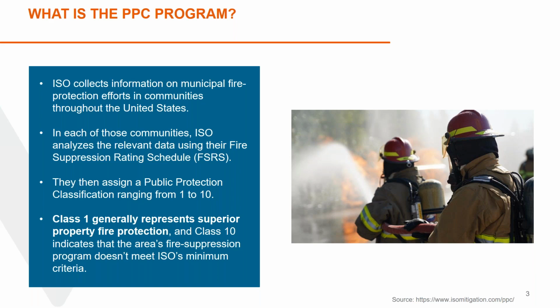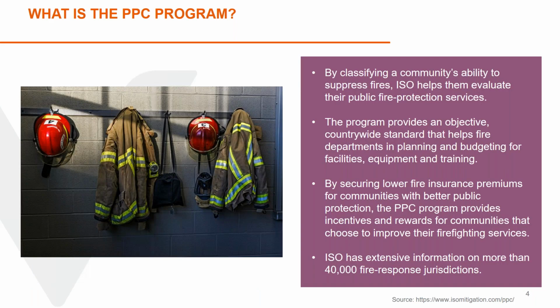I have some agents who say, I think it's a 1. That's their go-to class. When they don't know, they'll say, I think it's a 1. I appreciate your sense of whatever that is, but it's probably not accurate. What this really does is remove subjectivity. ISO goes out and analyzes the community for all of these different characteristics, it's pretty scientific, and they determine what that protection class is, not only for local fire departments, which probably get funding based on this,